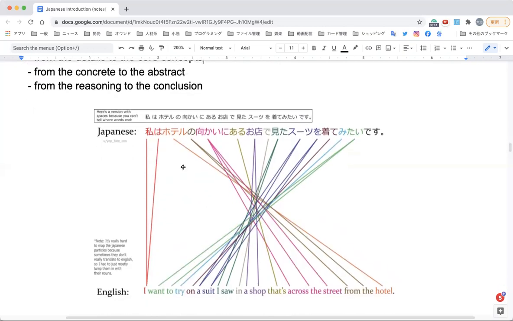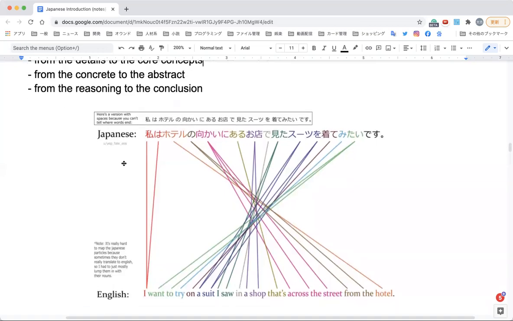And if you look at the corresponding parts in Japanese, it's like so. ホテルの向かいにある corresponds to this part, and this is qualifying the following word お店, a shop, and お店で, in a shop, is qualifying the following verb. So it's also a completely reverse clause order between the two languages like this. I would say this is an extreme case, but usually between Japanese and English, word orders